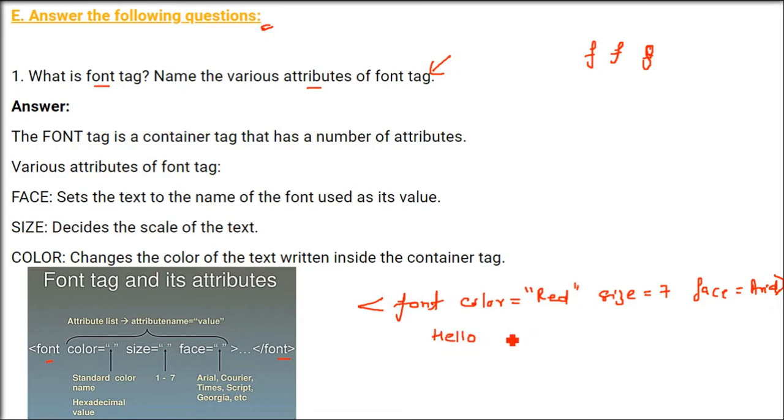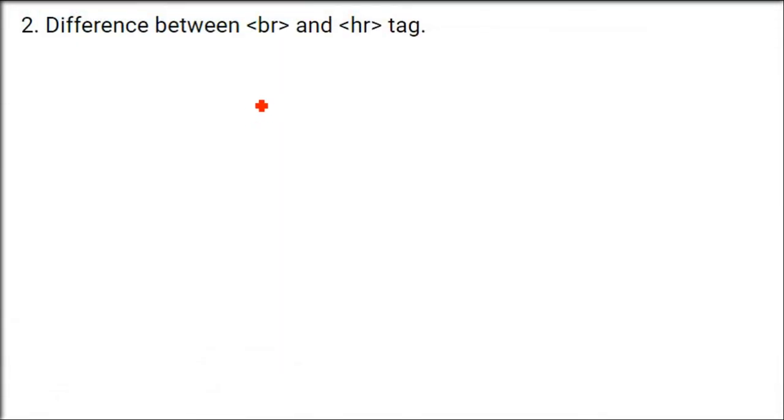That is, if you are writing, say, hello here, then you need to have a corresponding /font. So it's a container tag, so we have to close it, right? So this is the font tag. Different properties are face, size, color. Let me tell you again. Face sets the text to the name of the font used as its value. Size decides the scale of the text. And color, of course, the color you want to show.